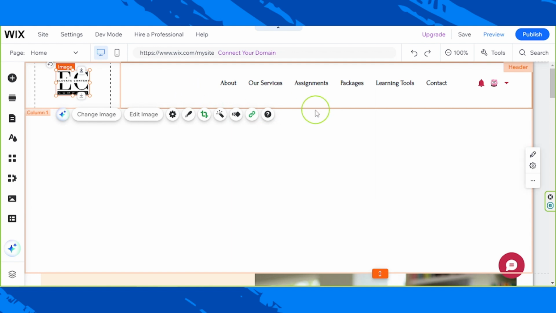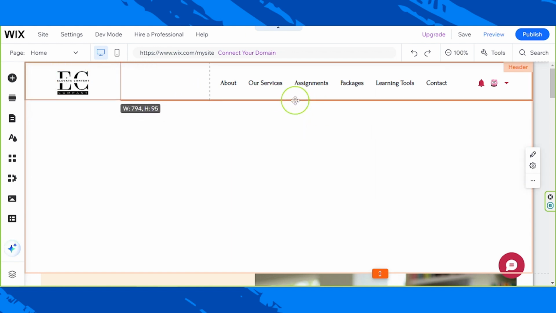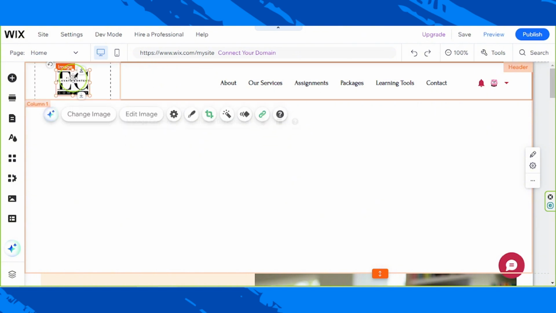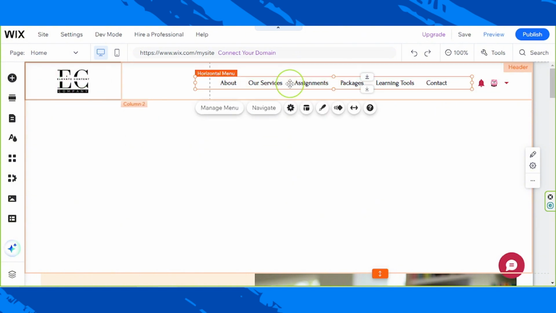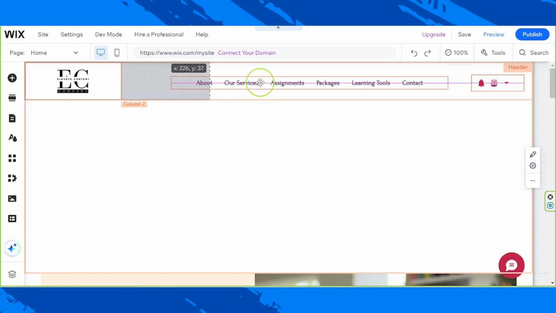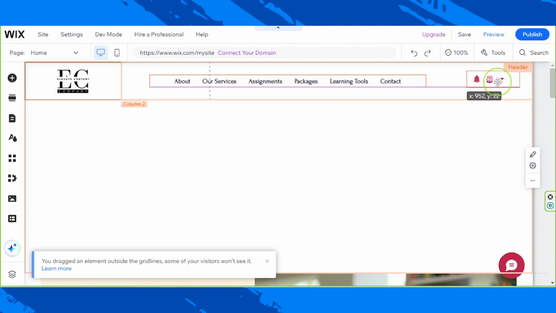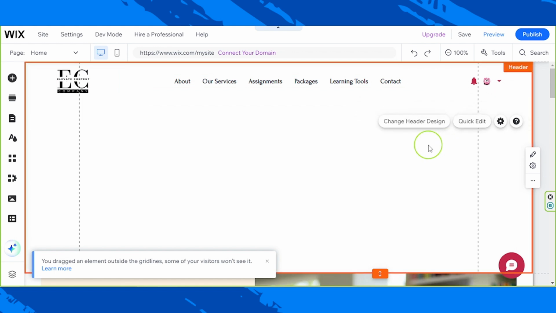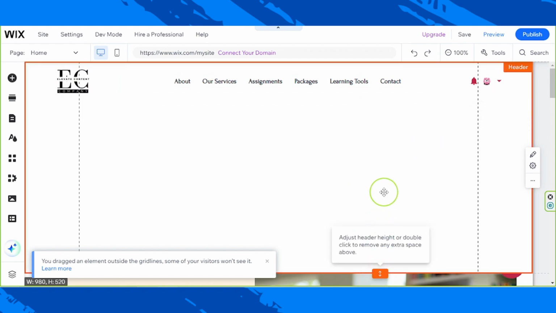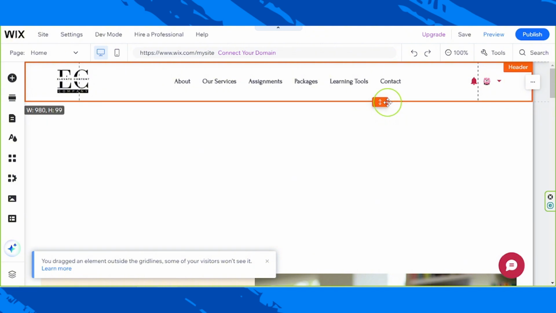Okay, I think we've taken care of our header. I'm just going to adjust its size once again and adjust the positions of our elements. And perhaps I could place this in the middle. And then perhaps I could also align this properly over here. Okay, we've successfully taken care of our header now. So let's move on to